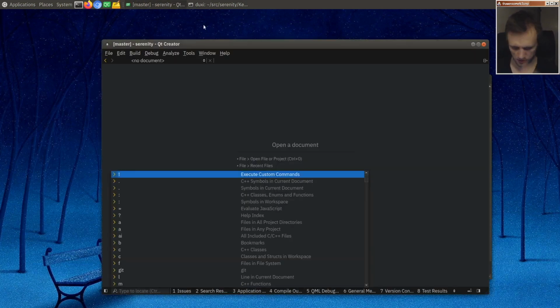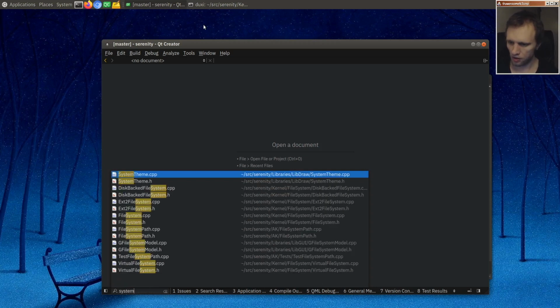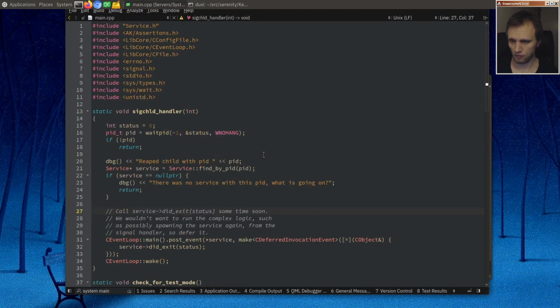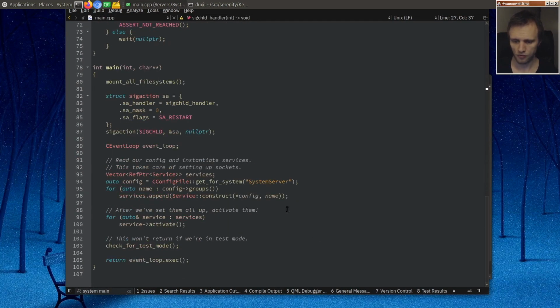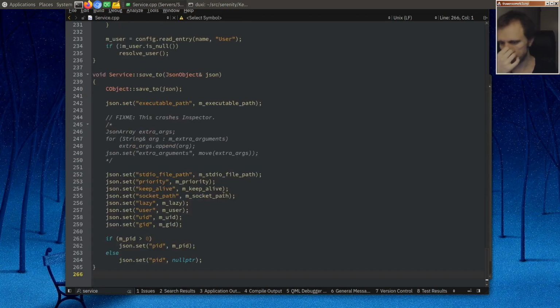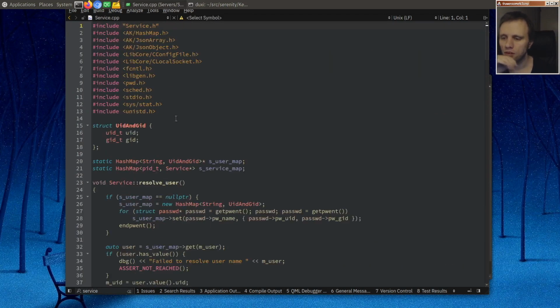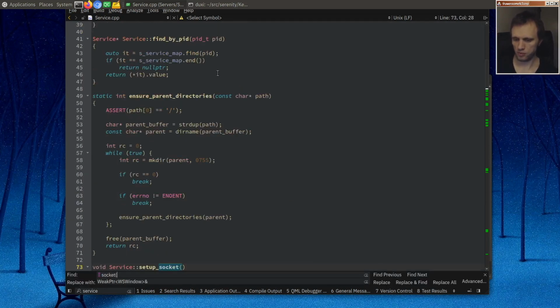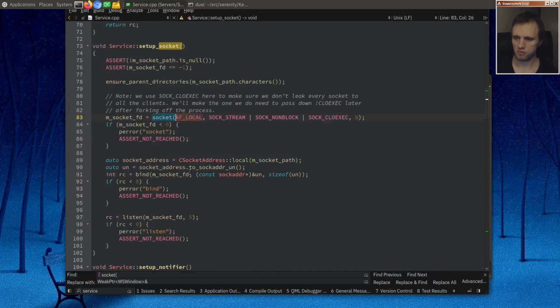So maybe we can start with the Windows server, audio server, those things. So if we look in the system server main, I guess. So this would be in the service class, I guess, where we create these sockets, right? So we're passing these sockets to